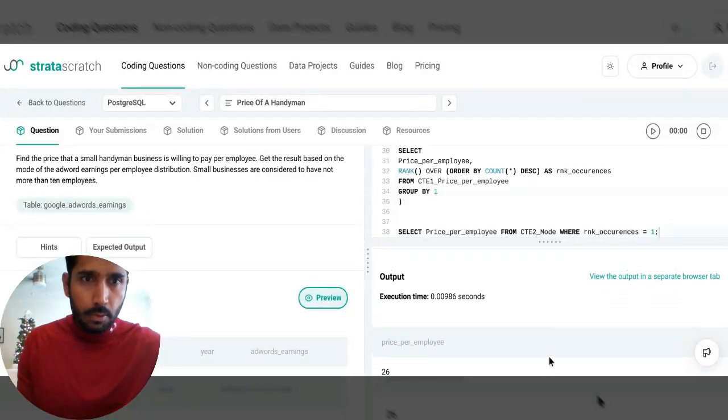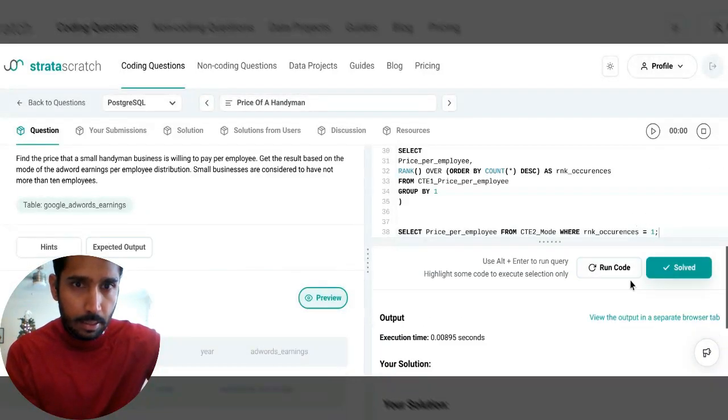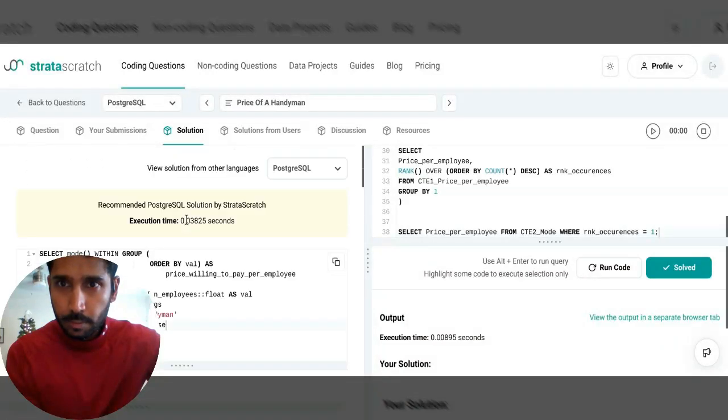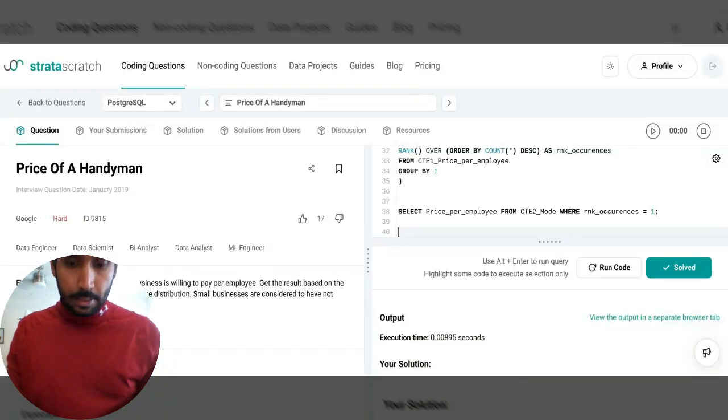Let's run this. Okay, that's the mode, I think, what we are trying to get. I actually want to look at the solution, how they have solved this. Maybe they have a better solution. Okay, it looks like they have a function called mode. Well, we could probably use that, and we could completely eliminate the second CTE in that case. So let's try that. Instead of getting this, let's just use the mode function, which I was not aware of. Select mode